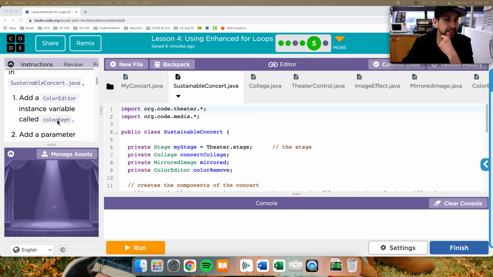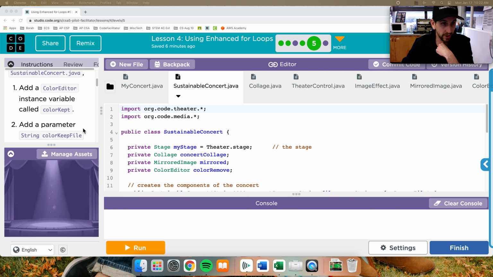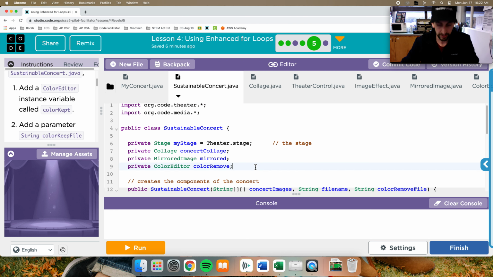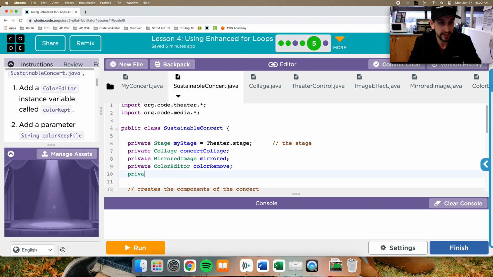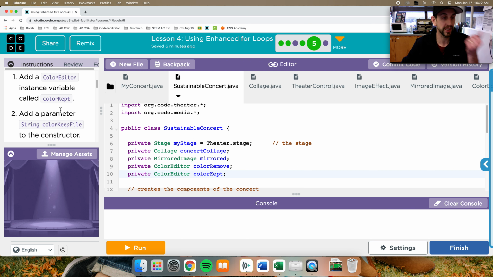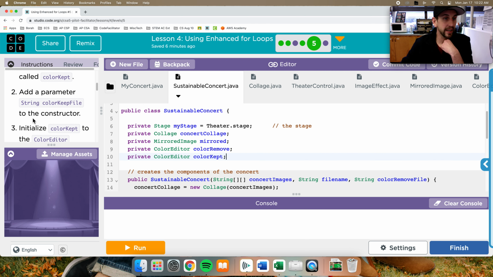It says add a color editor instance variable called colorKeep. So all of our instance variables are private, and it's going to be a ColorEditor called colorKeep. Okay, so we had a colorRemove, now we have a colorKeep, and it says add a parameter String colorKeepFile